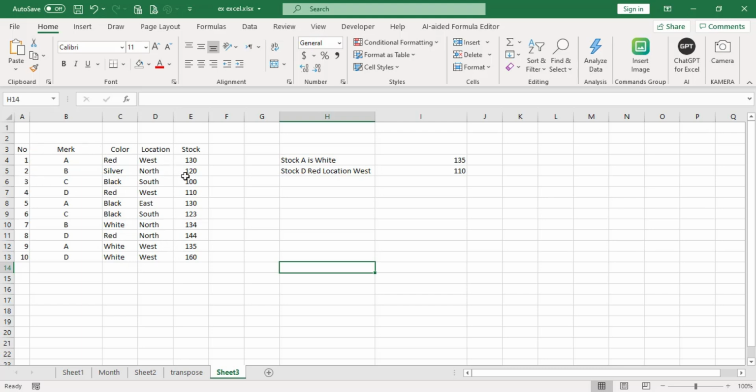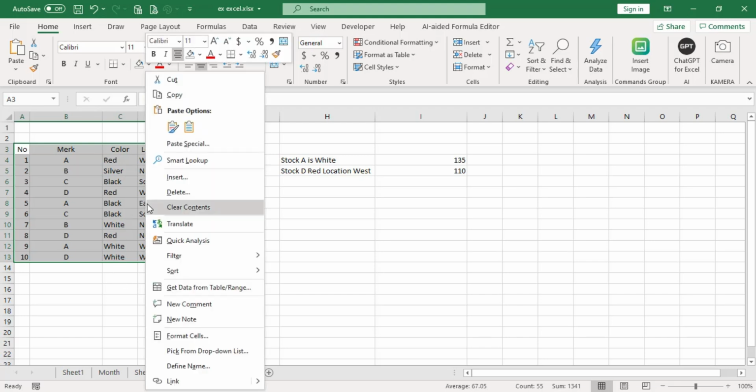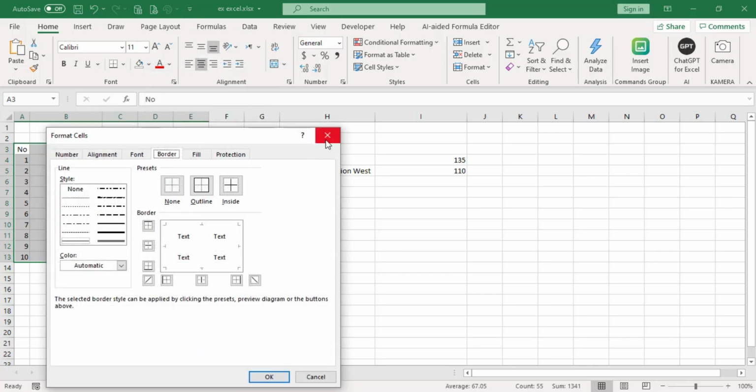Here I have the data. Friends, choose the data that you want to make into a table like this. Drag like this. Then you can right-click, then select Format Cells, or you can use the button